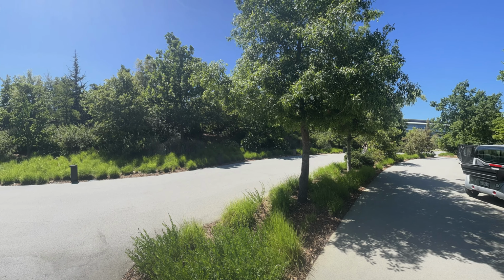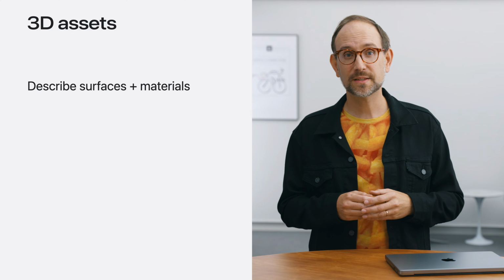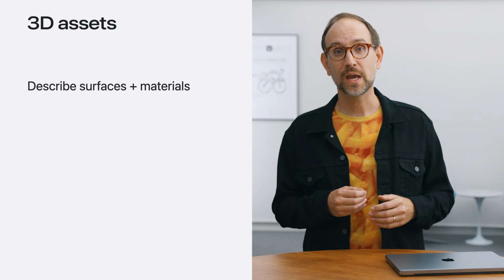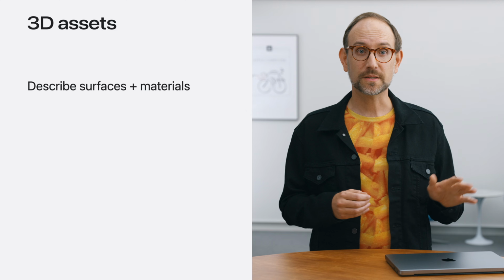And while we're looking at spatial media, you can also show off full 3D objects to your visitors straight out of Safari as well, using Quick Look to view 3D model files. 3D assets are a world unto themselves, but they all have a few things in common. From big budget movies all the way to mobile games, a model defines the 3D position of a lot of surfaces, and then what material is on each of those surfaces so they can be drawn in or rendered into whatever scene you need. And while making 3D assets is a little more complicated than taking a photo, you don't need to be an expert in any of this to use them.